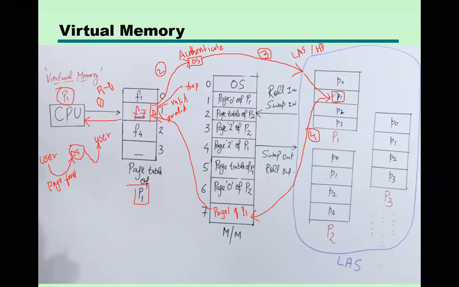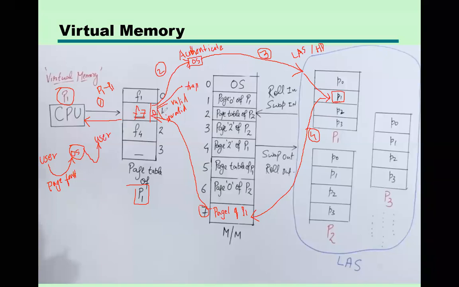So in the fourth step, we have copied this required page into the frame, right? Page 1 of process 1. Now the CPU wants this page 1 of process 1, and it may happen that the CPU wants this address again and again. So what do we have to do? We have to write this address into the page table. So frame 7's address is written here so that the CPU can easily access this location.